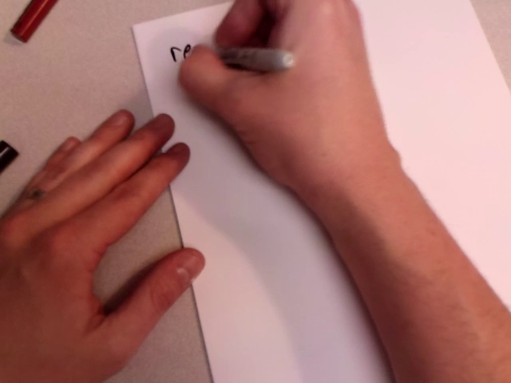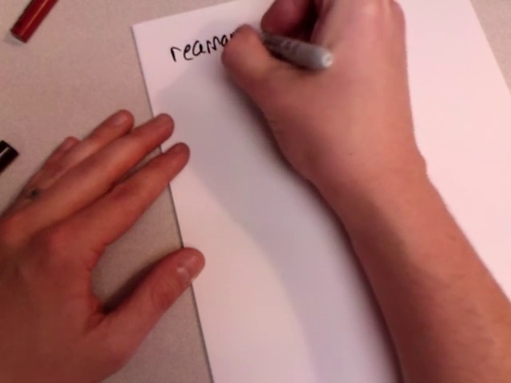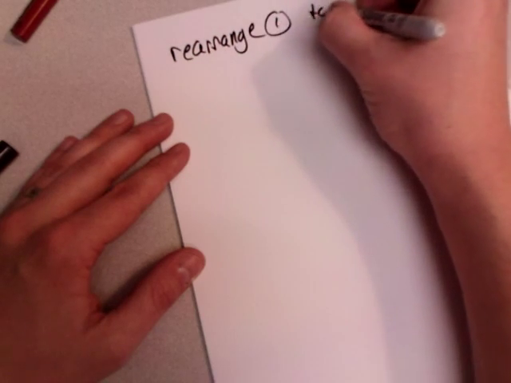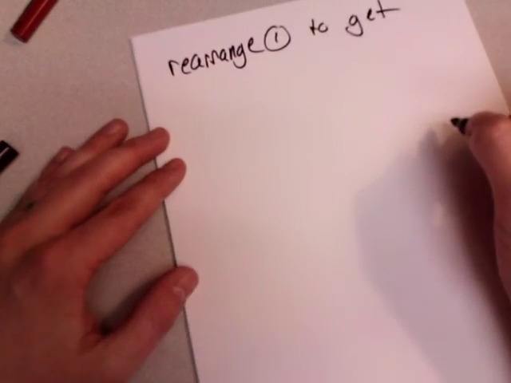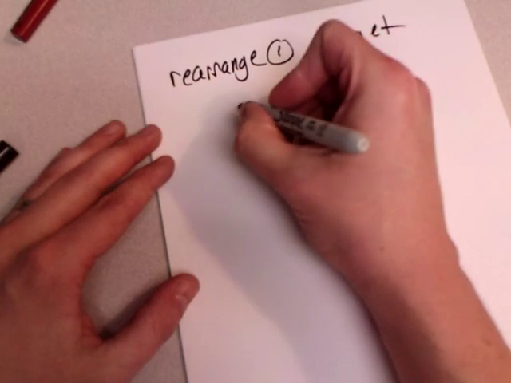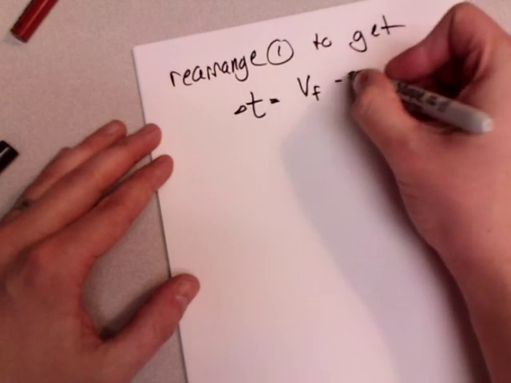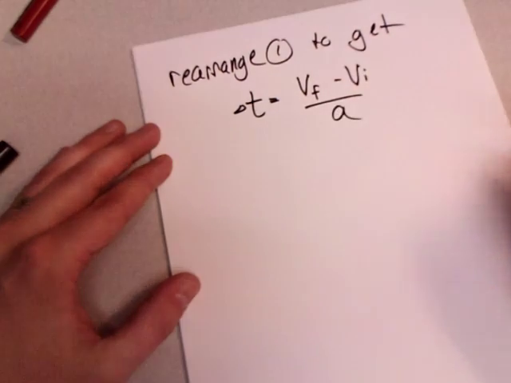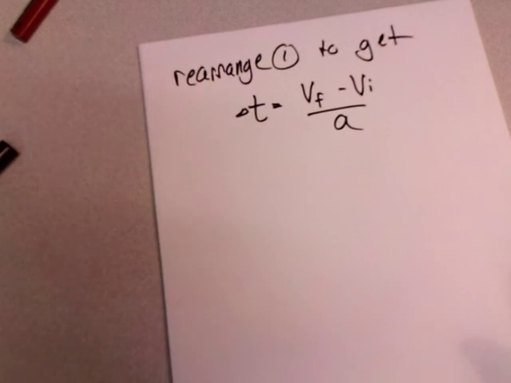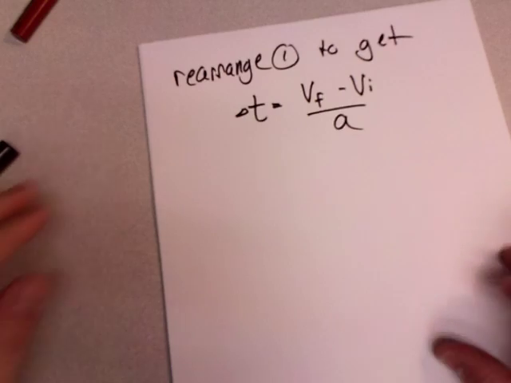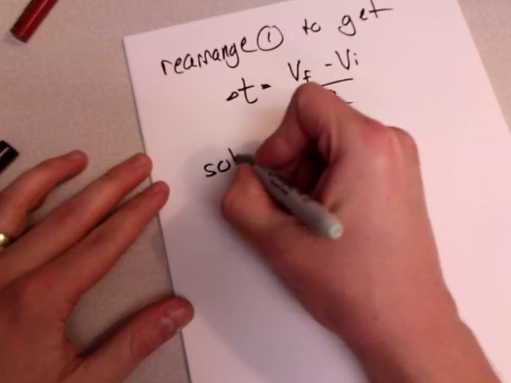We'll start by rearranging equation 1 to get our time interval. Well, that's just VF minus VI over A. If you need to, pause the video and go back to that, or just refer back to your notes to see how we can rearrange that to get that expression. Then we'll substitute this